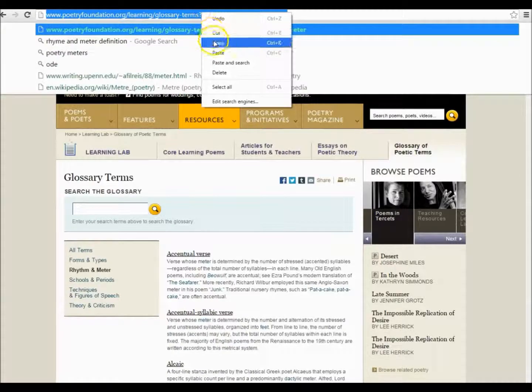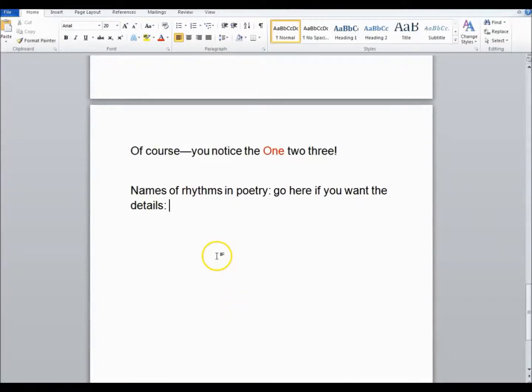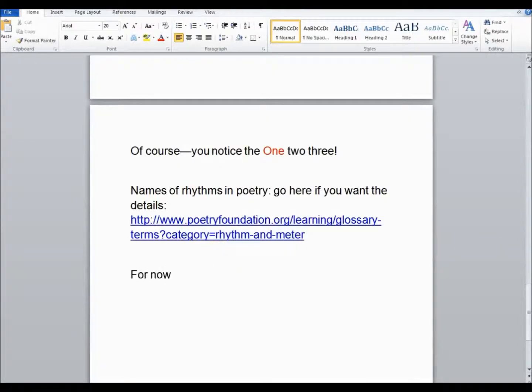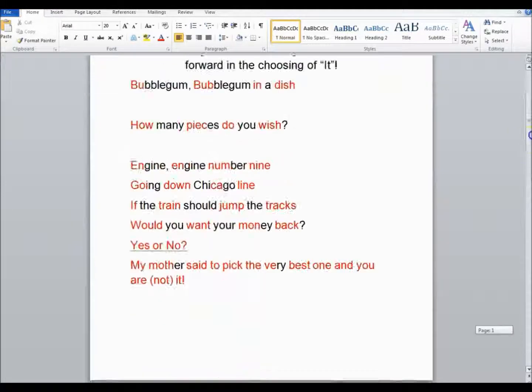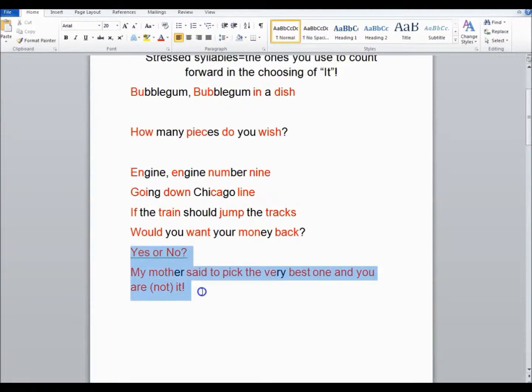Now, there's only 2 more pieces of vocabulary that I want to introduce here as part of the introductory video, and these are strophe and caesura. If you want to know more detail, I'd recommend that you go to the Poetry Foundation website that I've listed up here, and I'll put it in the comments.